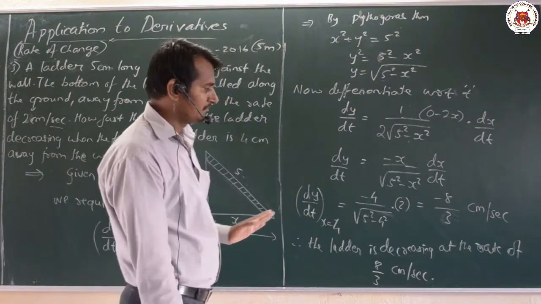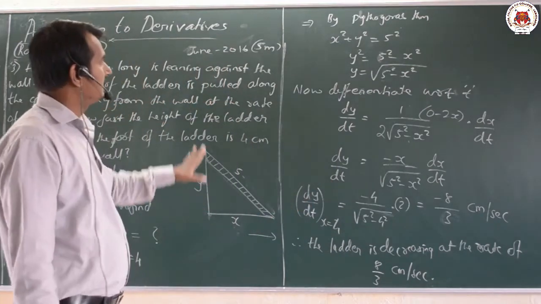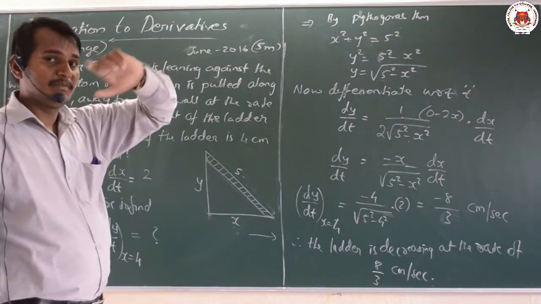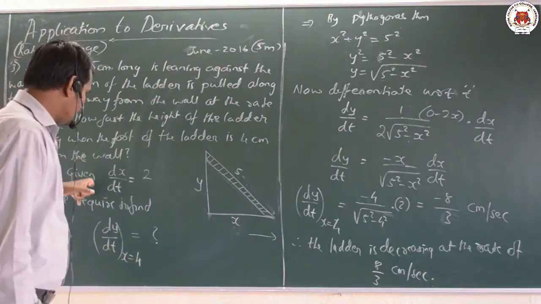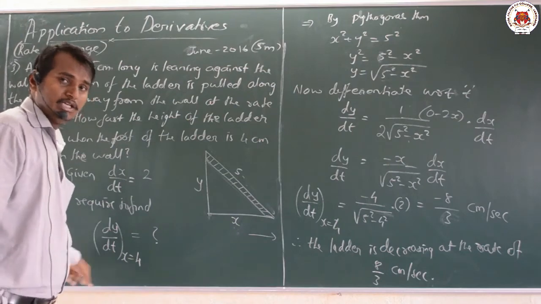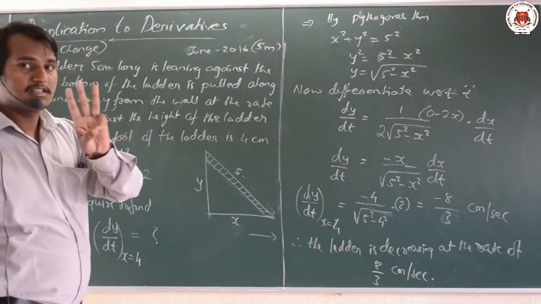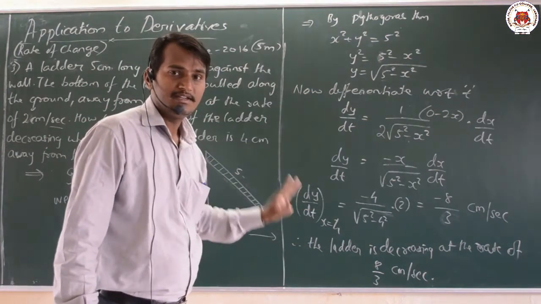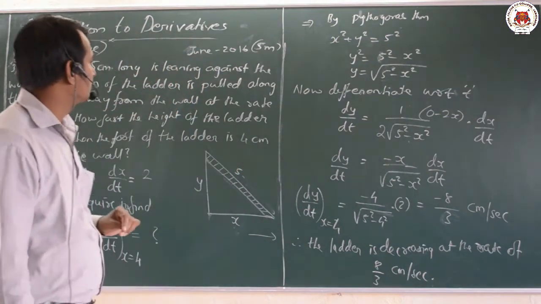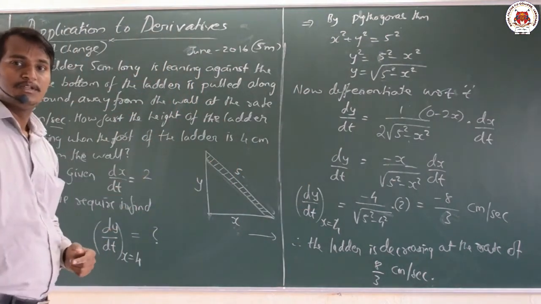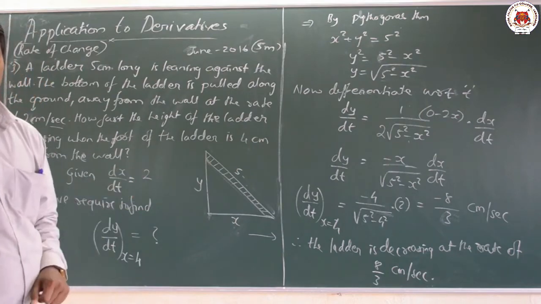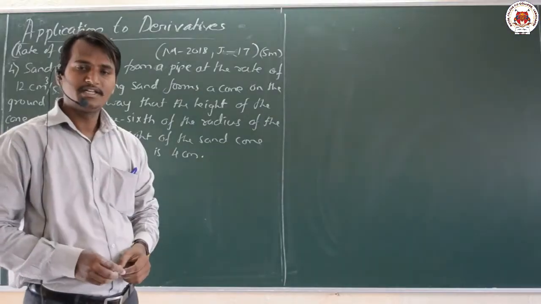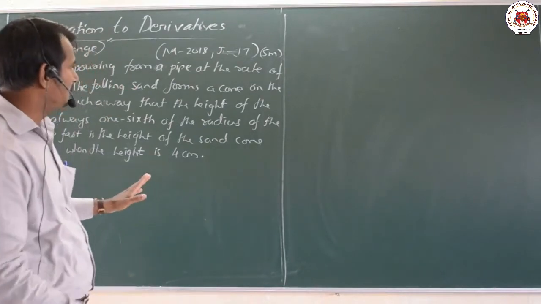Okay dear students, it is a very, very simple problem asked for 5 marks. What are the main important concepts here? The given data, what we require to find, and what the formulas are. These three are the main important things, and the differentiation part you can do very easily. Before going to the next problem, please pause the video to note it down. Okay dear students, now let us move on to the next problem.